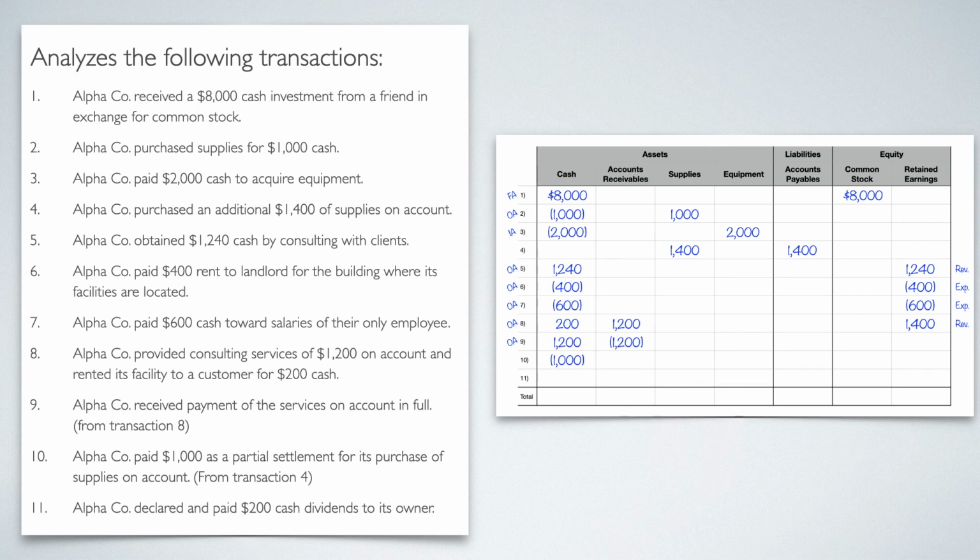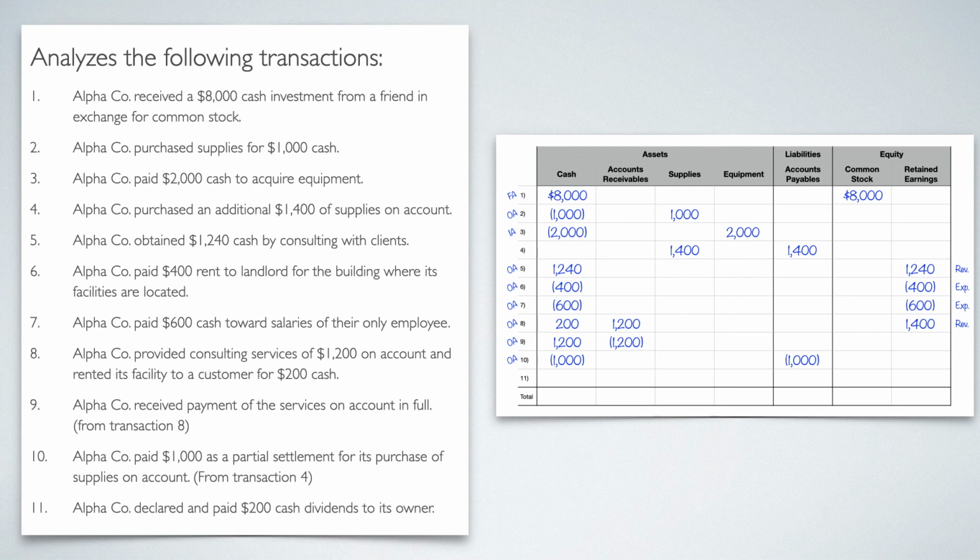And then what is the other side of this? Well, this is going to be us getting rid of our bill that we owe somebody else, or at least partially getting rid of it. So our accounts payable needs to come down by 1,000. So we'll put negative 1,000 under AP, or accounts payable. This is, again, paying off what would have been supplies in transaction 4. If you remember in transaction 4, we didn't put anything down because there was no cash involved. We said NA. But now we're actually paying it off in cash. And so this will also be OA because this is, again, day-to-day operations.